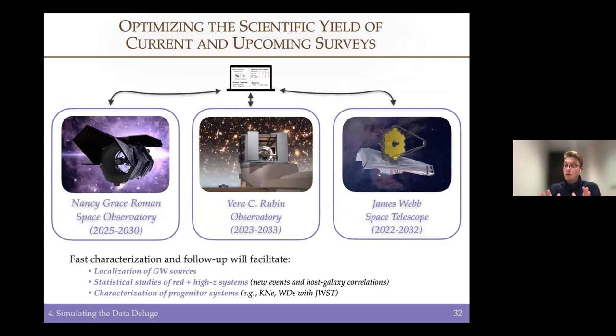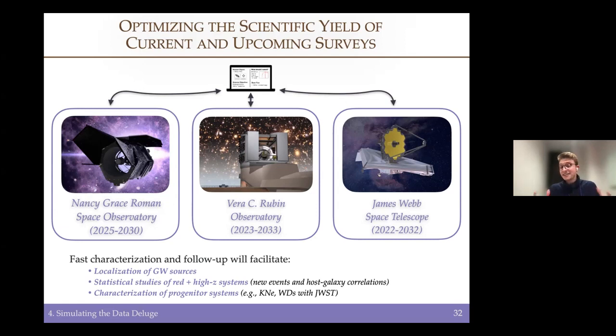And so I'll stop there, but I'll just say it's a really exciting time to be studying explosive transients. There are many surveys currently running and soon to be running that are going to investigate these properties in much more detail. And if we're able to characterize and follow up different classes of supernovae or other classes of transients, then there are lots of different things that we can do. So potentially better localized EM counterparts or localized GW sources and study the EM emission from the same sources.